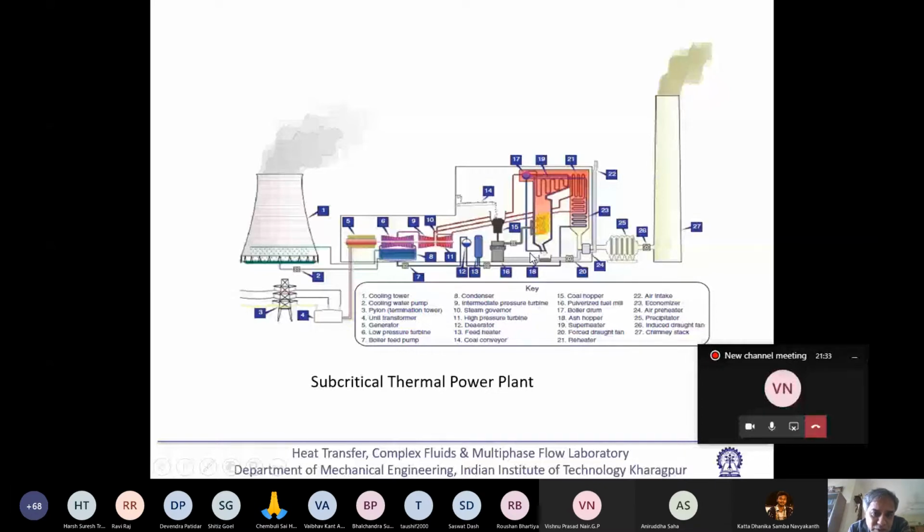And then after evaporation, steam is taken, and then it goes to the different superheaters. And from the superheater, it goes to the first stage of the turbine. At some intermediate stage, the steam comes back here and some sort of reheating is done, and again it goes back to the turbine. So it expands till the lowest pressure, and then it goes to the condenser. So this is the water cycle.